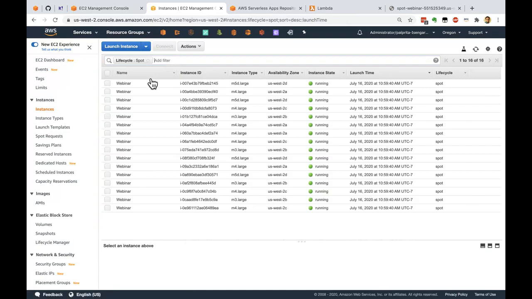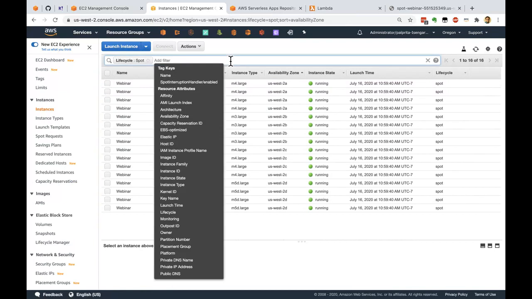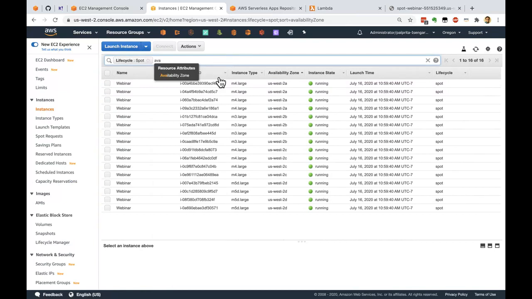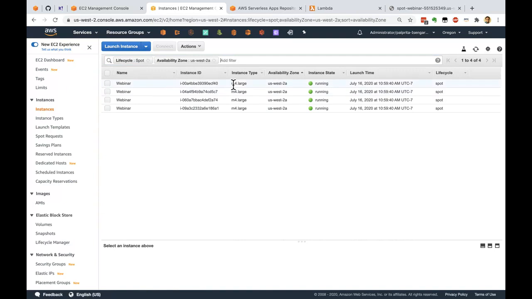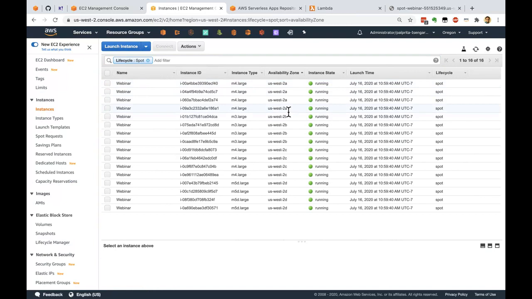Lifecycle equal to spot. Now if I sort by the availability zone, I can filter availability zone 2A. If I say 2A, I got M4 large. So in 2A I got M4 large. That means out of the 20 instance types that I gave there, in 2A I've got M4 large, the deepest